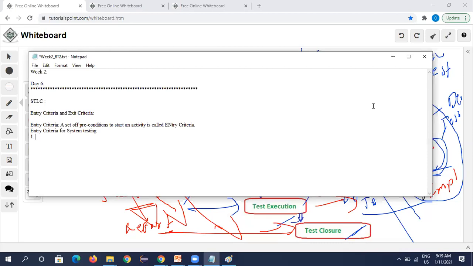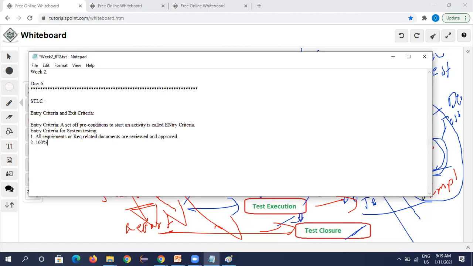One important thing is all requirement related documents are reviewed and approved. Without approval, we cannot start work.